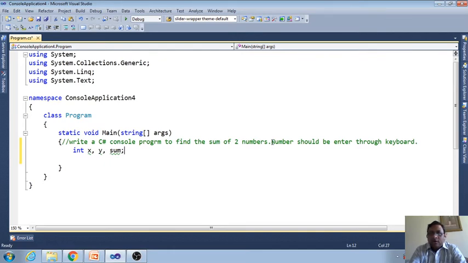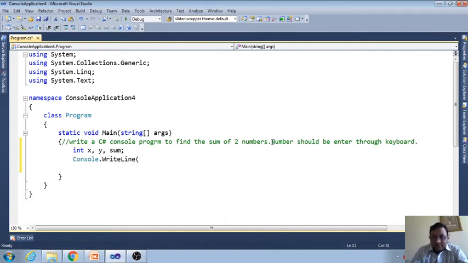Now I want to take the value from the keyboard. When we want to take a value from the keyboard, we have to give a message to the user. To give the message to the user, we already studied Console.Write.